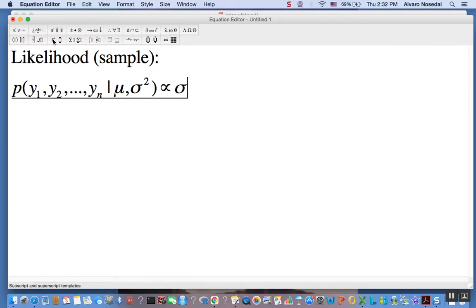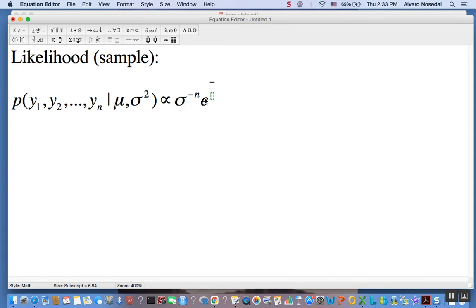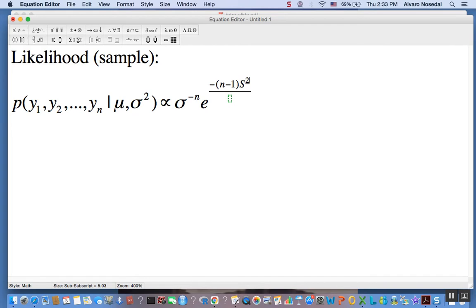What we ended up with was an expression that looks something like this: sigma to the power negative n times an exponential to the power minus n minus 1 times s squared, where s squared represents the sample variance, divided by sigma squared, times